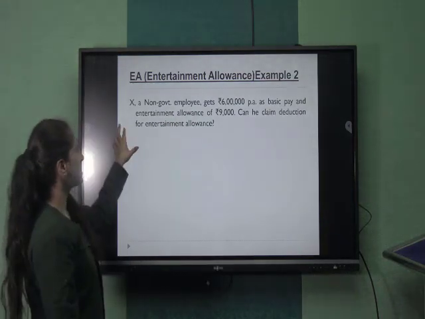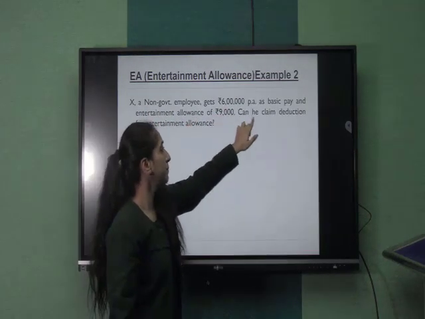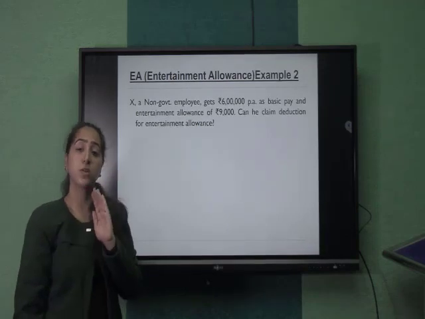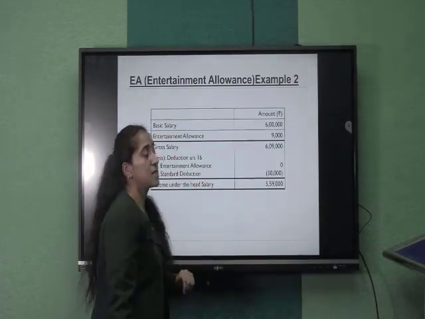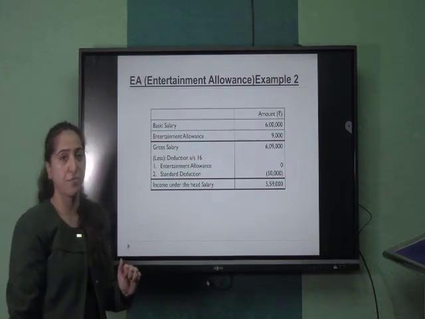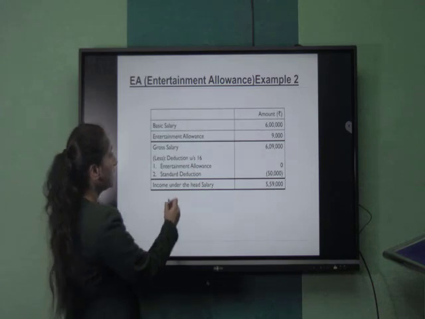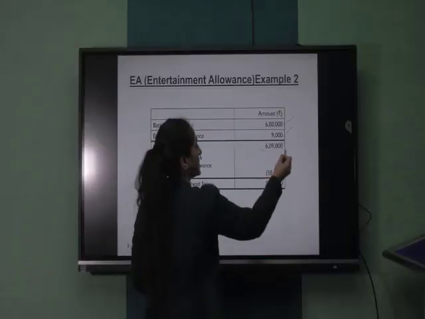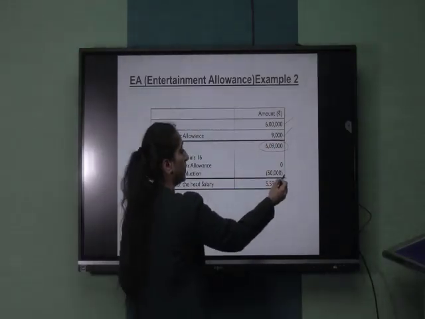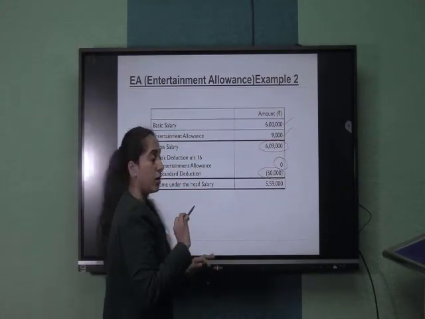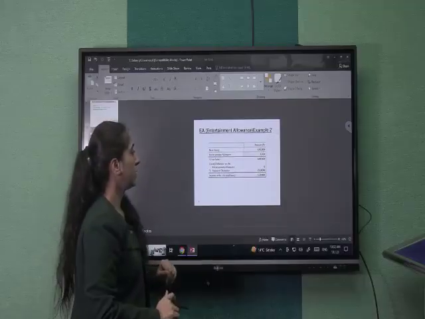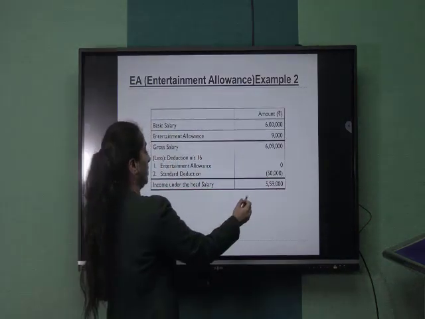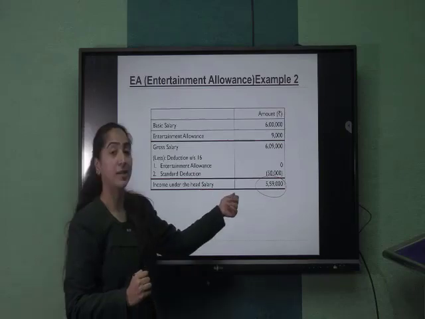Moving on to another example: X, a non-government employee, gets 6 lakh per annum as basic pay, entertainment allowance of 9,000. Can he claim deduction for entertainment allowance? In this particular case, since he is a non-government employee, there will be no deduction for entertainment allowance, so no calculation is needed. We just add his basic salary and the entertainment allowance actually received, so we get our gross salary of 6,09,000. Out of this, standard deduction will be reduced. No entertainment allowance deduction here. So our income taxable under the head salary comes out to be